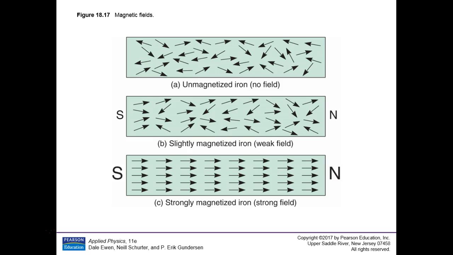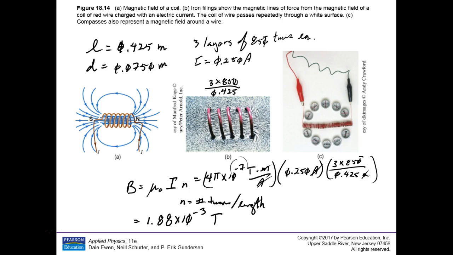Now, what an electromagnet is, basically, take a solenoid, a coil of wire, and put an iron core in it. And now you've got a really strong magnetic field with an iron core there, and now that iron core becomes a magnet, as long as the current is flowing. Turn the current off, and it goes back to being random again. Okay. Now, what would be some uses for that?